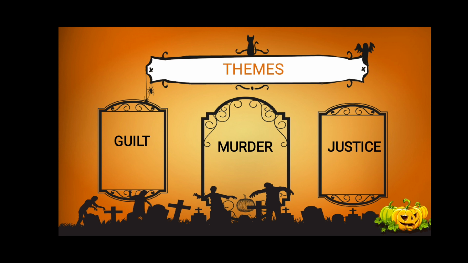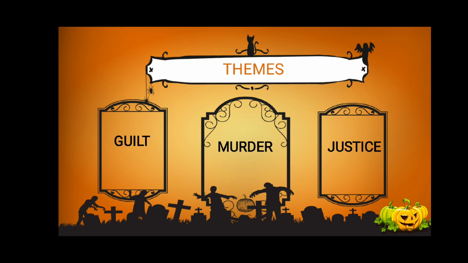One example of the theme of guilt in the novel is the character of Vera Claythorne. Vera Claythorne is haunted by the death of a young boy in her care. She is racked with guilt over the boy's death, and is tormented by the thought that she could have prevented it. This guilt drives her to try to atone for her actions and ultimately leads her to a tragic decision.